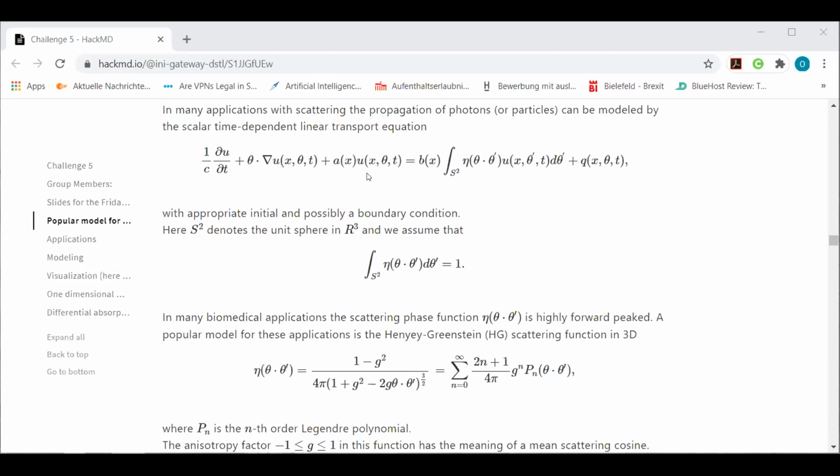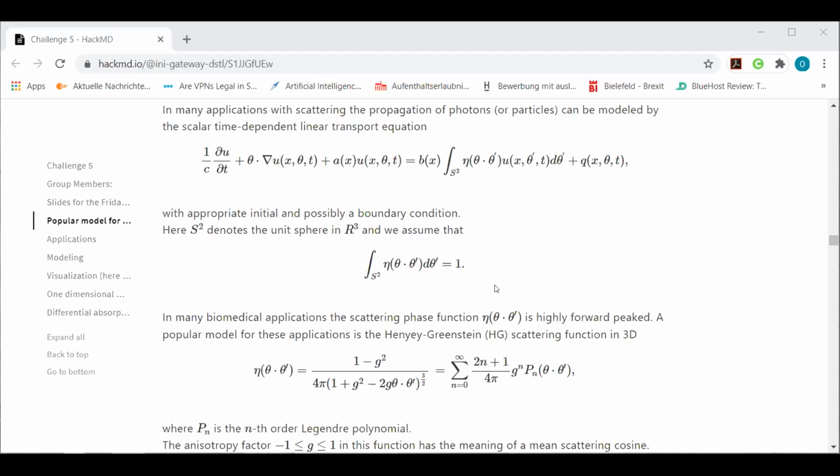So some of the disappearing part on the left, in the I of x, gets back into different directions on the right by the integral term, which is the scattering term. In the scattering term, you see the eta. This is the scattering cross-section. This tells you something about how the scattering takes place. And you can use different models. What I have shown here in this transparency is something like a very general standard model.